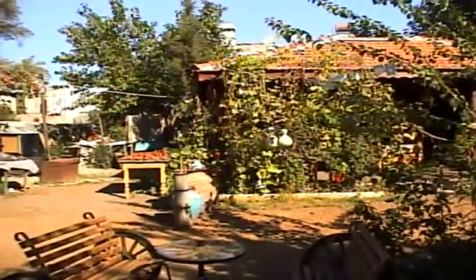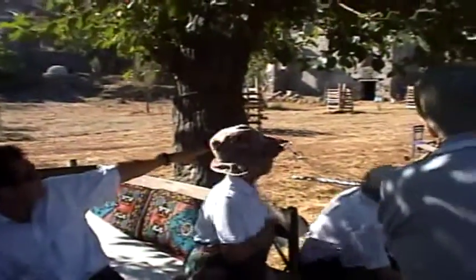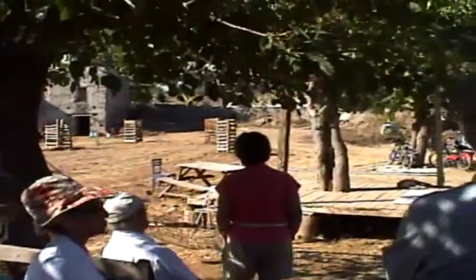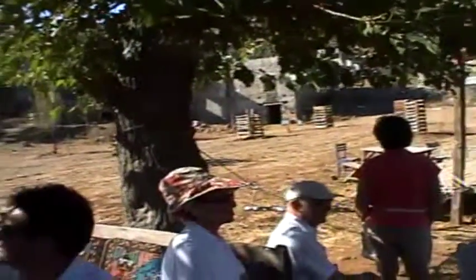When the Turks came here, it was used as a mosque for some time, but now the main street of the town is over there, where you can see that lady dressed in pink. Can you see this part of her? Yes, there. So this is one of the main streets of the town. Once you start walking there, it eventually turns left, goes behind those houses, and then you can come back again. And if you turn left there,